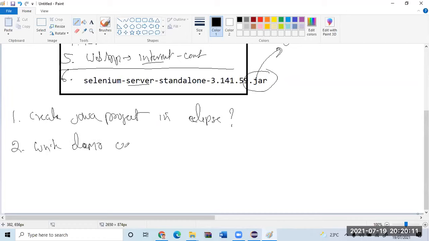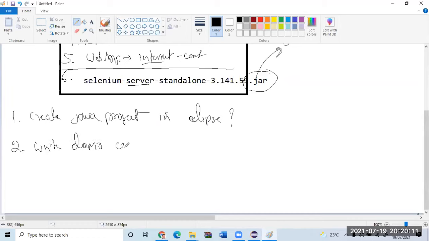Because at a later point we will not be able to find out whether it is a Java problem, an Eclipse problem, or a Selenium problem. Okay, do this. Third step. I'll create one folder here. New, I'll create an option called folder. In this folder, let me give a name called lib, library. I'll create a folder called lib. I'll repeat. How did I do that?